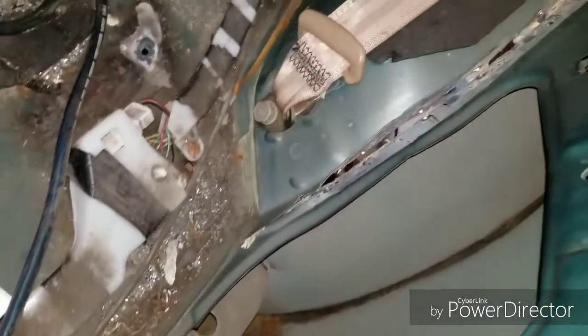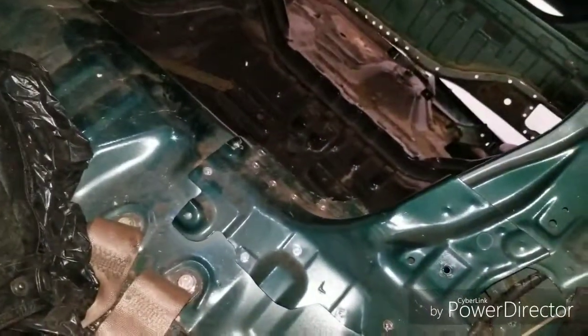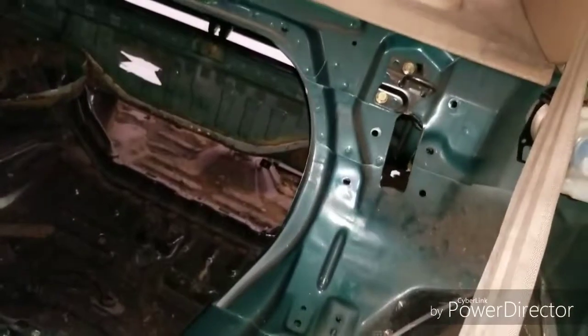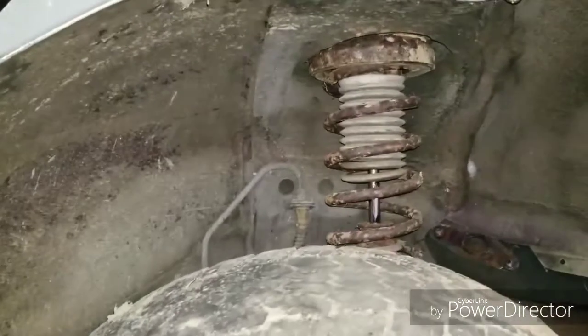Got all the spot welds drilled out, got that separated in there. You can see through that. Gotta work a little more with exactly where I'm taking everything out. You have to take the whole back seat brace, the backing, out as well. I have to drill the spot welds out. So I still have to disassemble that whole side and get it tore apart as well. But some sense of progress. I also started tackling the strut problem because this is the condition of the Eclipse struts